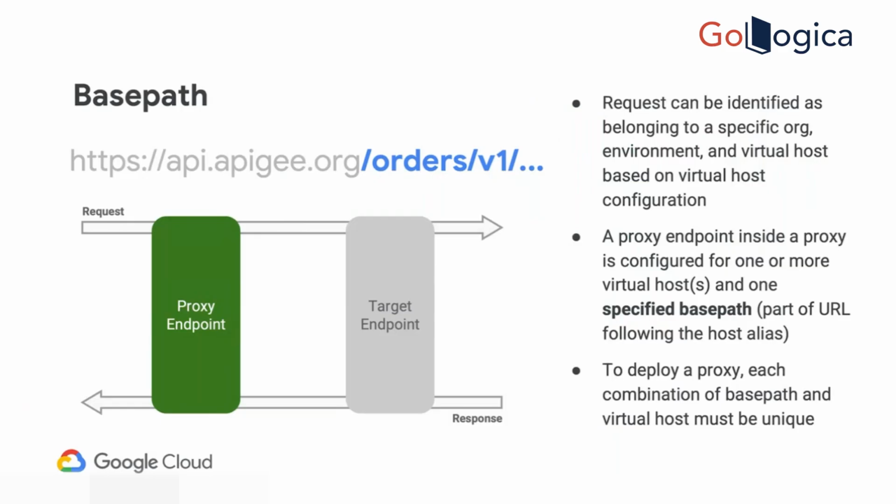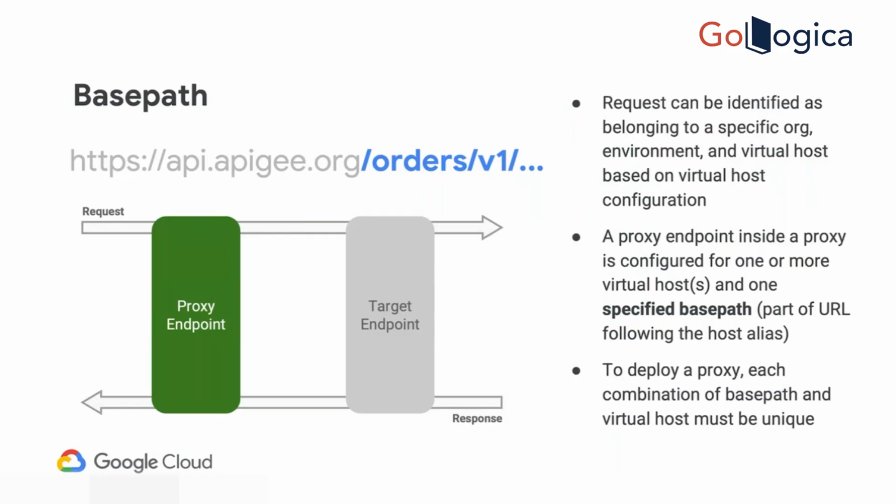So the virtual host will have your protocol, port, domain, whatever. And the base path is basically the entry point within the proxy. Also, within the proxy, the combination of the virtual host and the base path has to be unique. So usually what happens is, in a practical way, when we are deploying a proxy, the host name